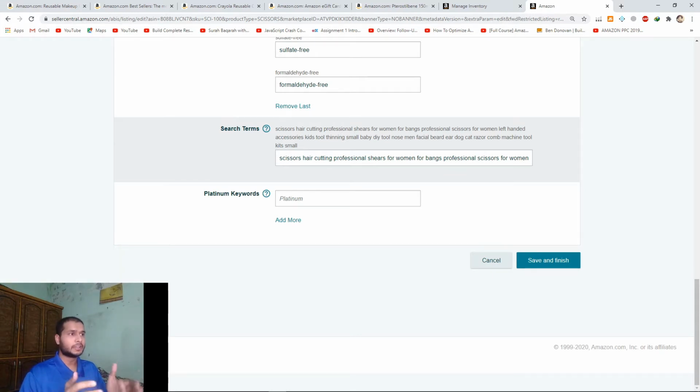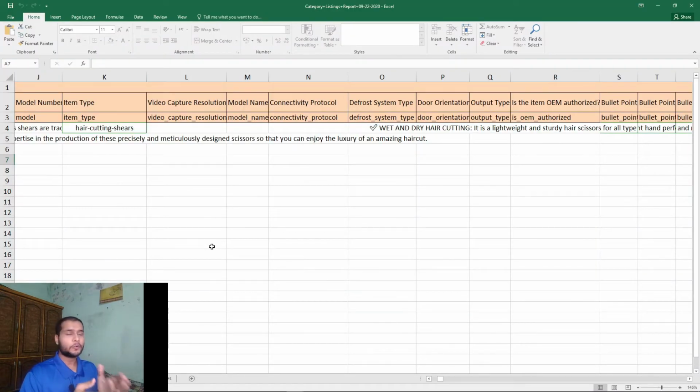We use all of those keywords in the search terms without repetition. But I would like to tell you that the search terms are not the only backend. There are a lot of things you have to fill to complete the backend part of listing optimization. So let me tell you how we will do this part.